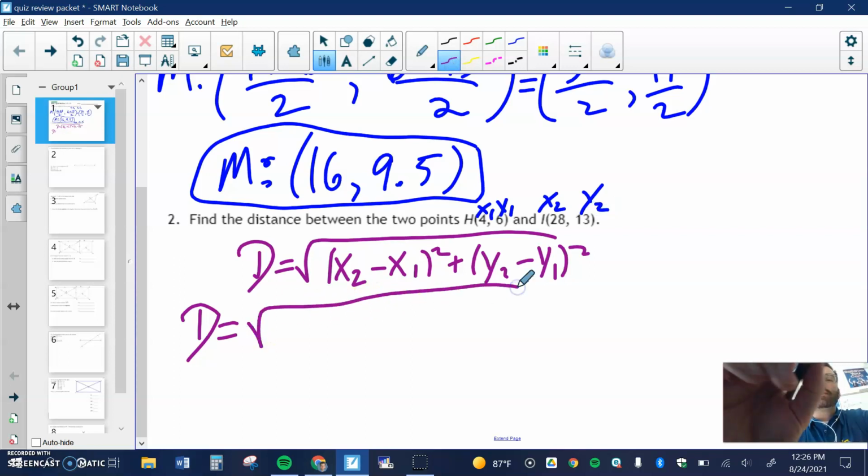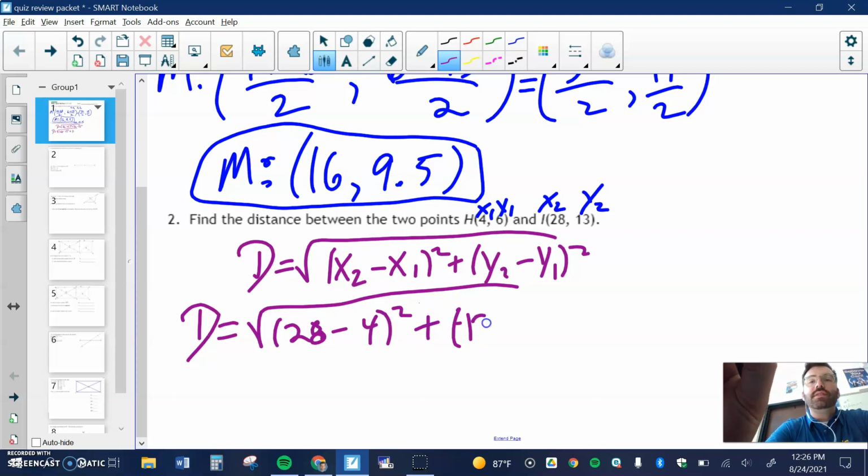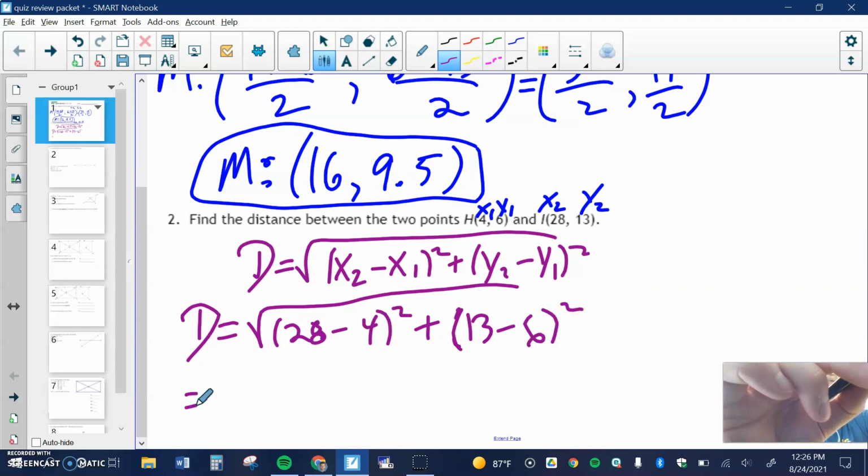Square root, x2 is 28 minus 4 squared plus 13, minus 6 squared. 28 minus 4, 24